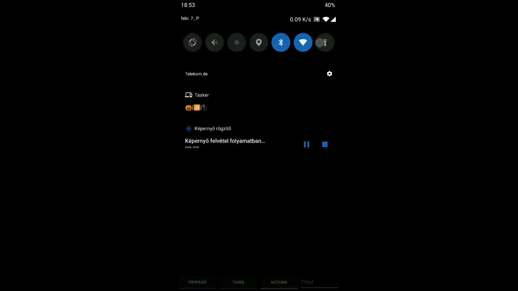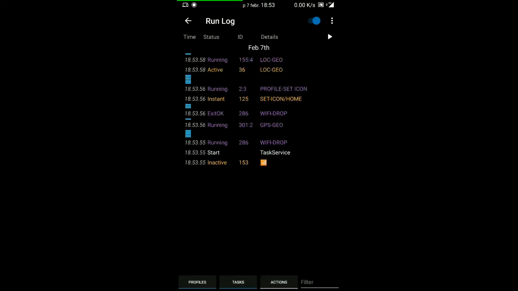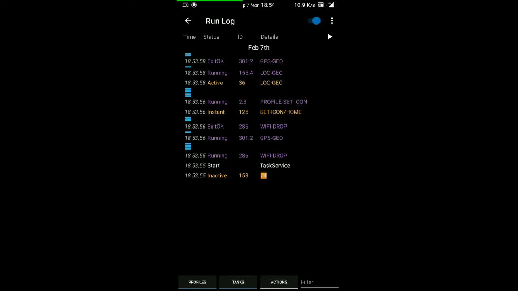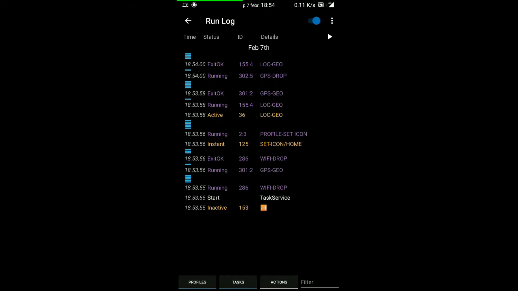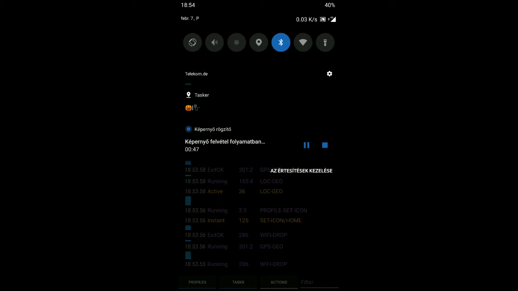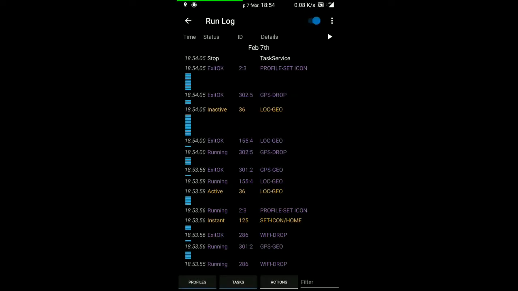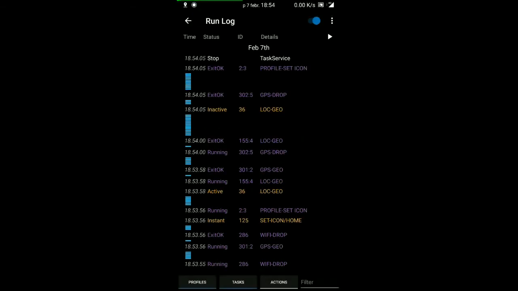This one looks like: if I am disconnected, then it will run a task with Wi-Fi drop. It will run GPS geo. After that, my GPS was turned on and it recognized that I'm in the geofence. It has set me to home profile